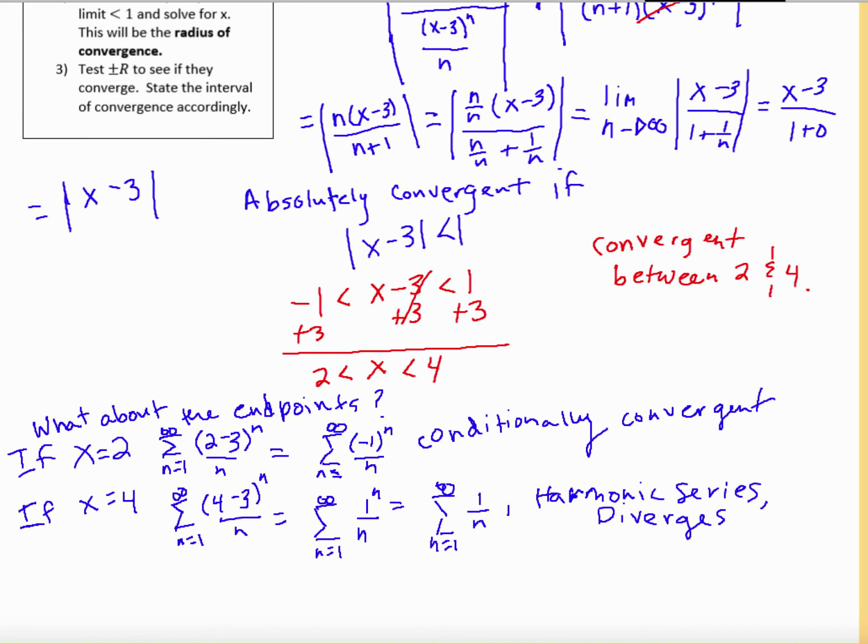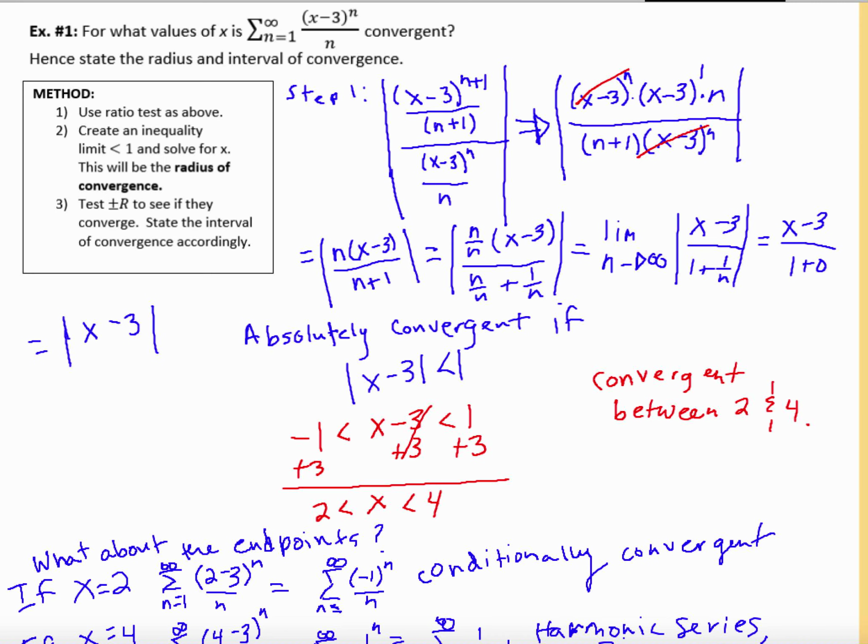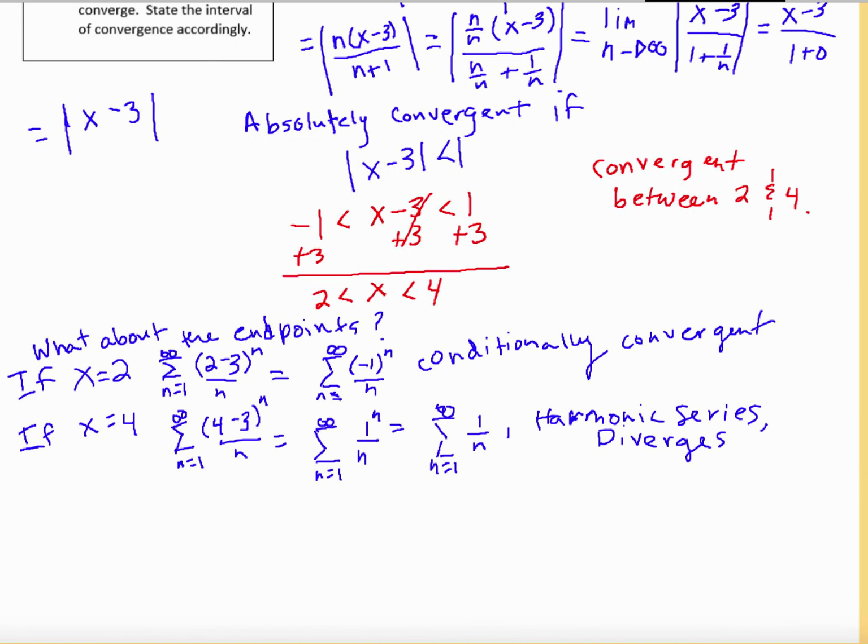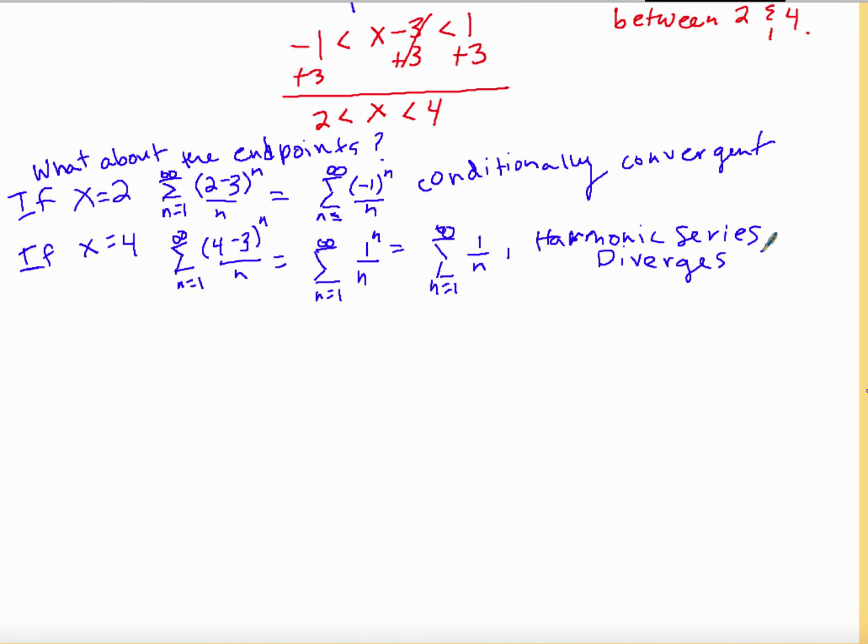Now, if we go back up to the original question, it says to state for what values of x it is convergent, and then, hence, state the radius and the interval of convergence. Okay, well, we can do that. We know that it's convergent between 2 and 4. So I would say, give me a statement like the interval of convergence